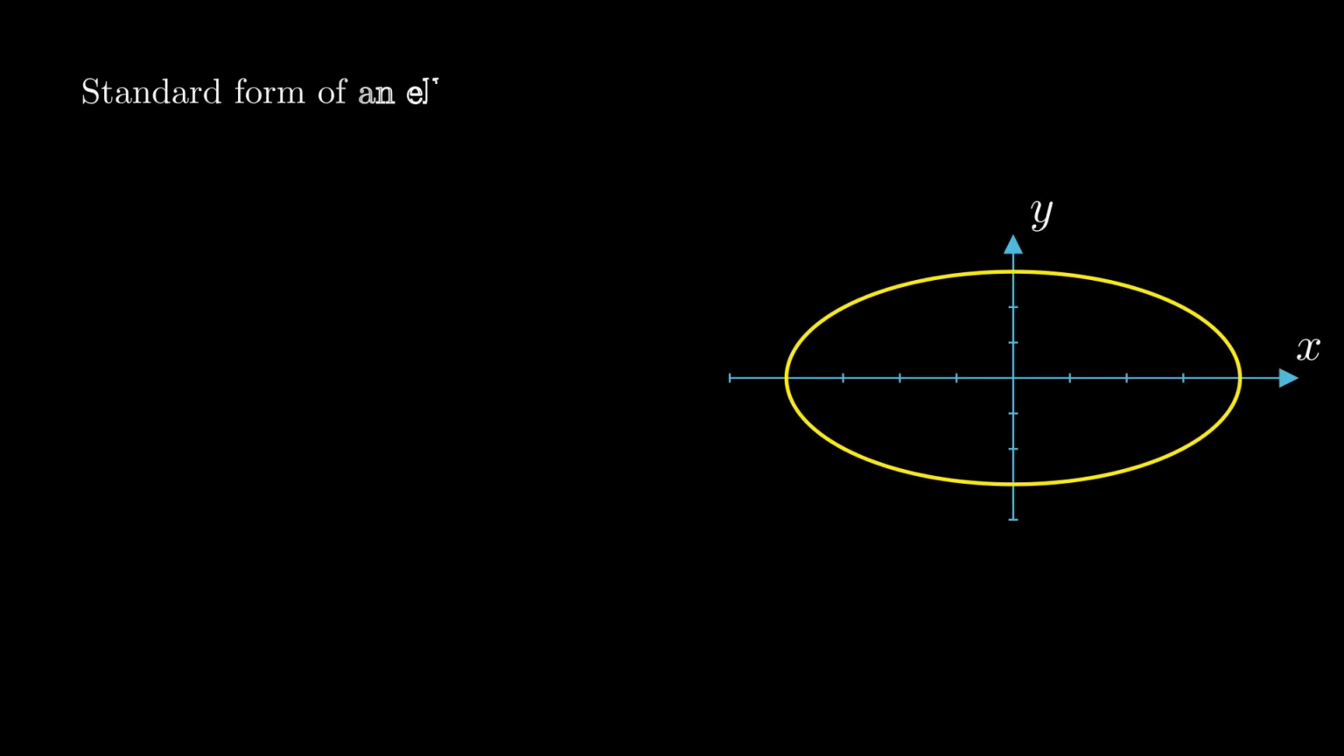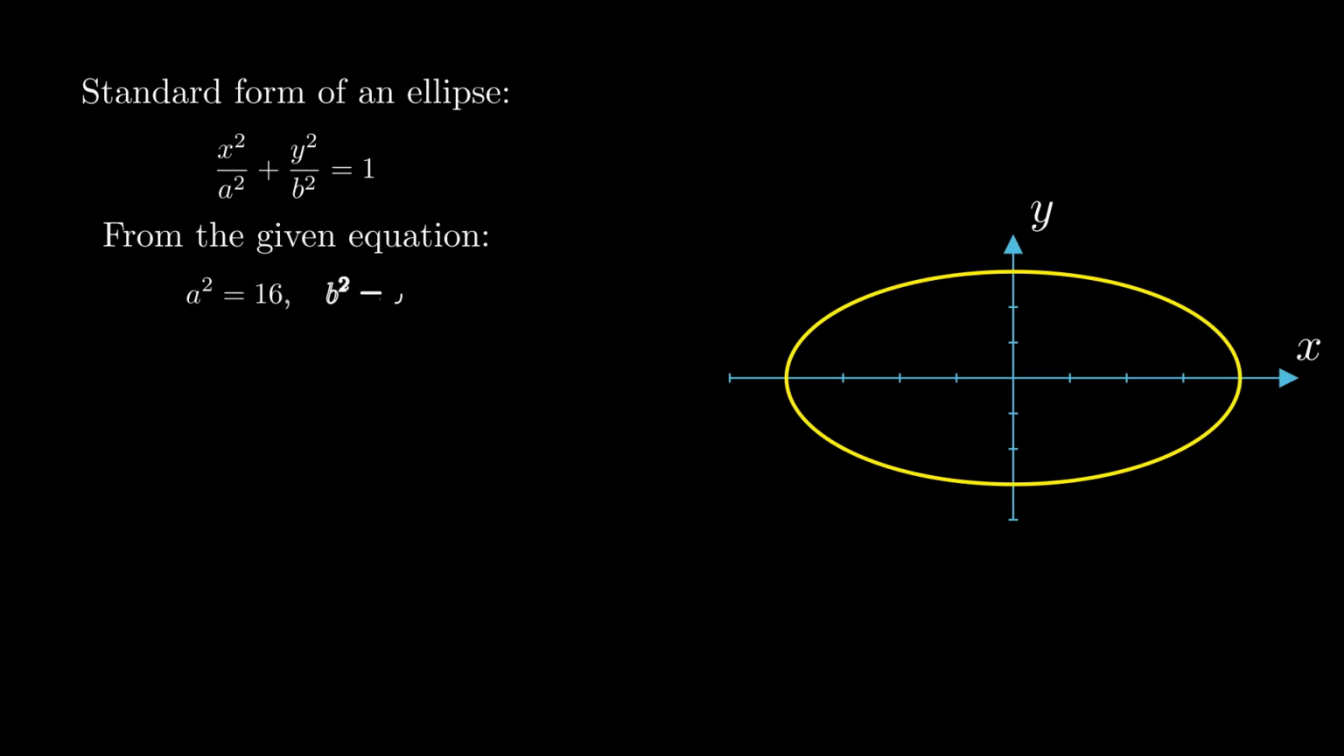Recall the standard form of an ellipse. x squared divided by a squared plus y squared divided by b squared equals 1. From the given equation, we identify a squared equals 16 and b squared equals 9, so a equals 4 and